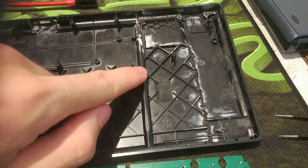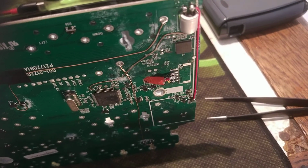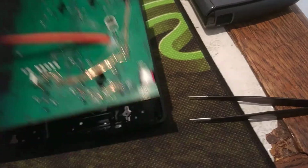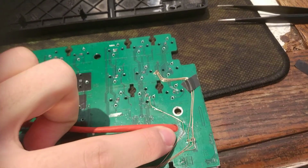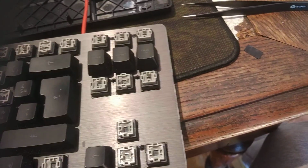And the cables I need to route to here, because on the PCB it's soldered over here. Because of the pass-through cable that I wanted to keep, I had to make a hole through the PCB and go behind. I was able to do that because when you sit the